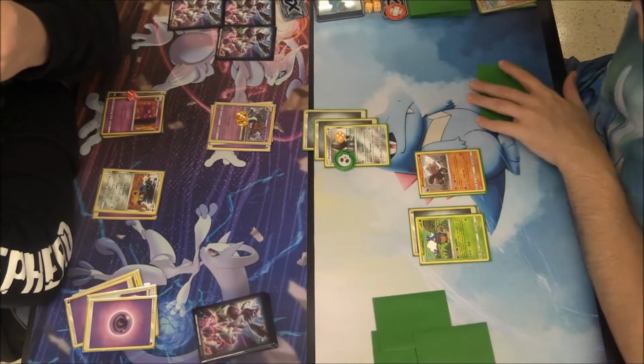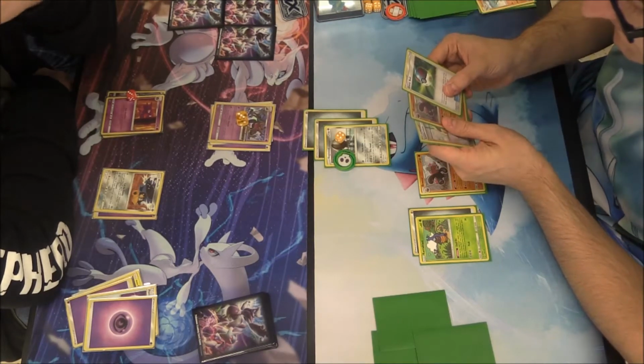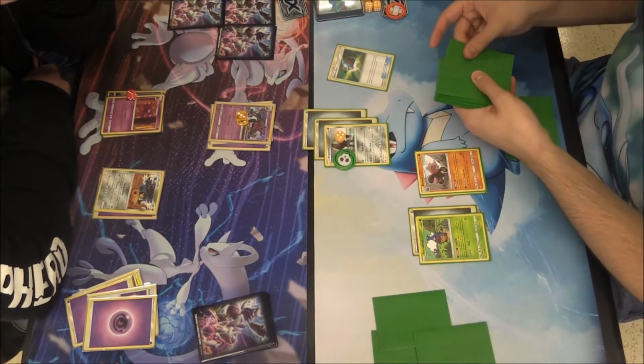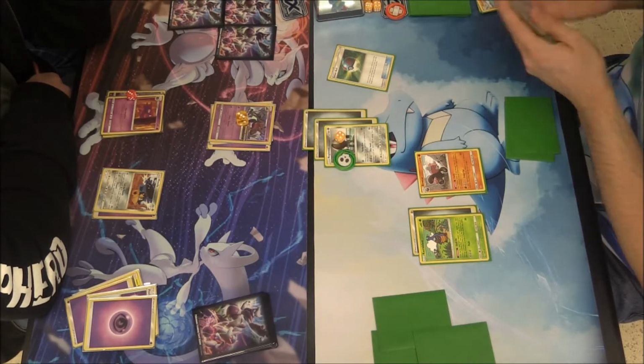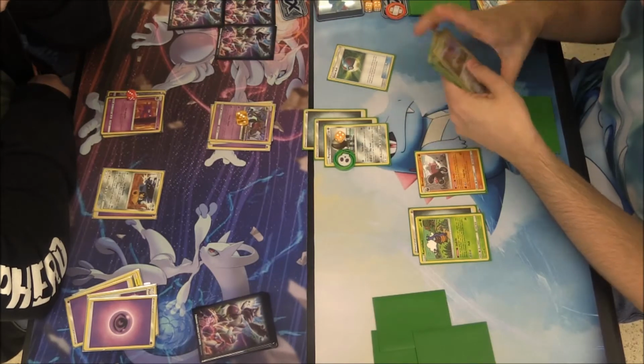Now, I think I was pointing out there that Registeel does have a resistance to Psychic, but because it wasn't an actual attack, it was just like an ability, there was no damage taken. It's the poison. Poison cannot be put as Psychic. It can't. But great balling anyway to try and find some...